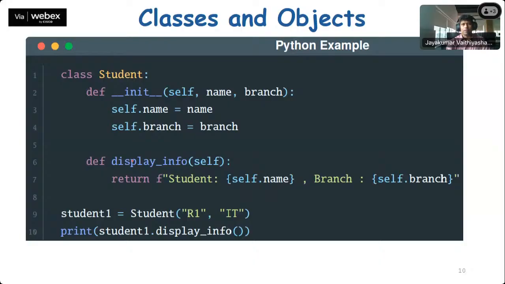We'll discuss. Wait for a minute. We will have some examples in Python: how to create a class, how to define a function for it, and what attributes you are able to create. So here you can see,